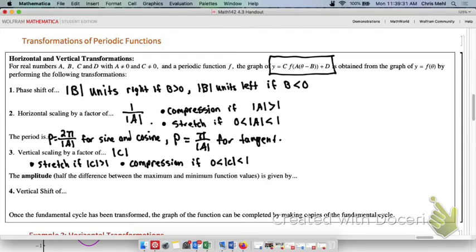Now, let's talk about the amplitude. The amplitude, this is half the difference between the maximum and minimum function values, is always going to be given by the absolute value of C. Okay, so let me maybe show you what I mean by that. Essentially, and again, it's half the difference between the maximum and minimum function values, or you can think of it this way, it's the difference between the middle value and the max or the min. So going back to the textbook,